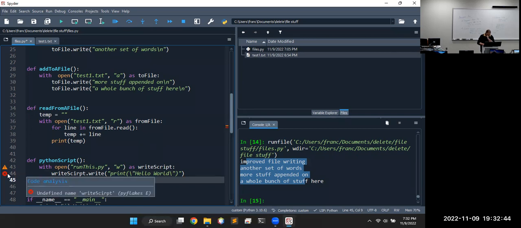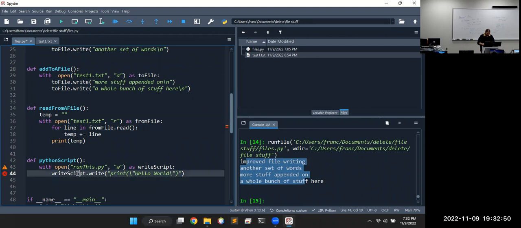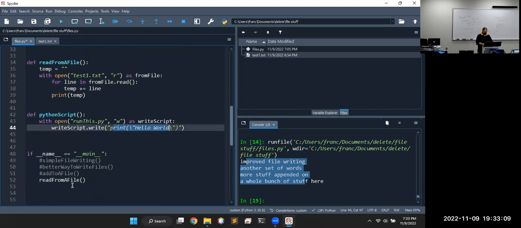Why is that marked? Oh, indentation. I spelled script backwards. I put IR. Yeah, just a quick typo. But that line looks familiar. Just a small one, right? If I run that,